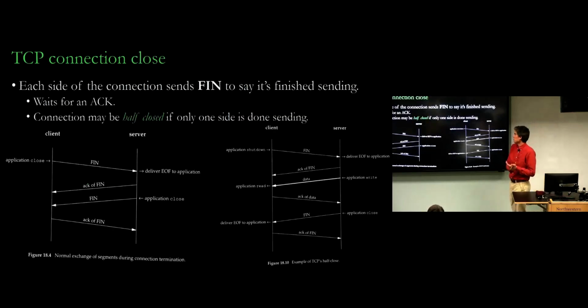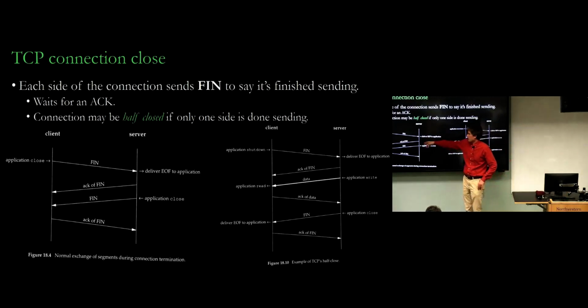Connection close is, I don't know how interesting this is really, but I have a couple slides on it. It's another kind of handshake. You have to tear down a connection in order to free up resources on both sides. So if you're done with the socket, you call close in your application, which you probably did in your code. And when you do that, that causes a FIN packet, meaning finished, to be sent. And again, this is just a packet that has one of those bits, called FIN, set.